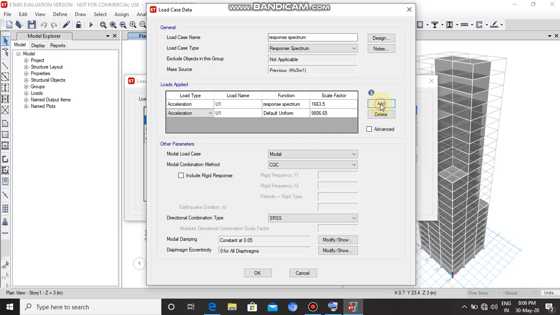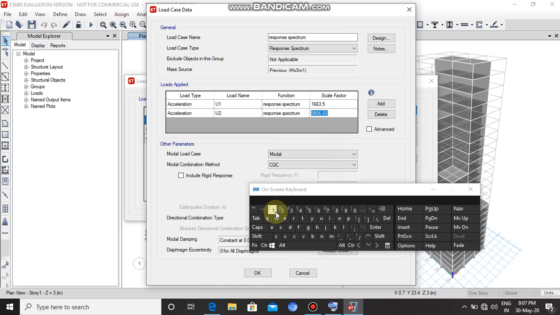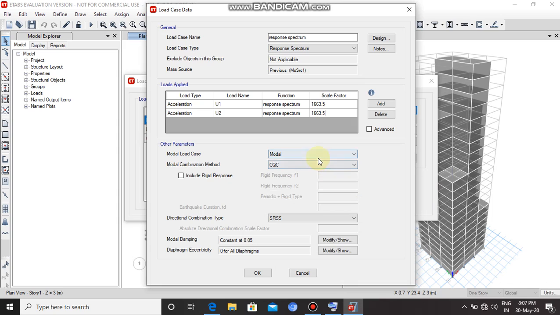We will now add another load to account for the seismic response spectrum in the y direction. So click on add. Load name U2. Function response spectrum. Scale factor value is 1663.5.